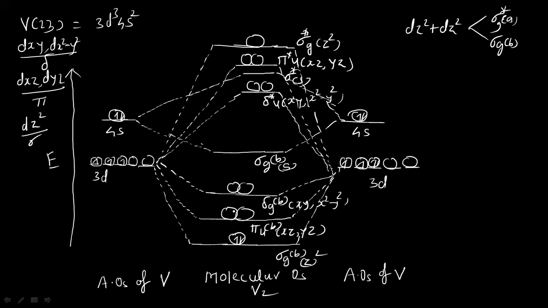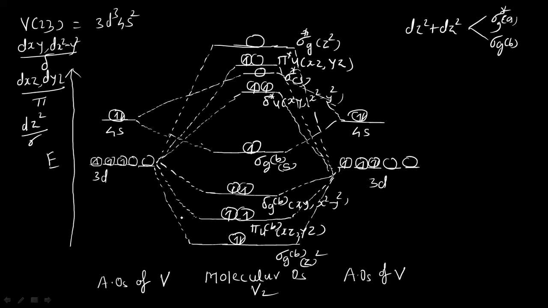So we have shown that here. It now has sigma g bonding with 2 electrons, and 8 electrons remain unpaired here: 1, 2, 3, 4, then this is 5, then delta star u 6, 7. Now it does not have any electron here, this orbital is empty here. Pi star u has the electron here.